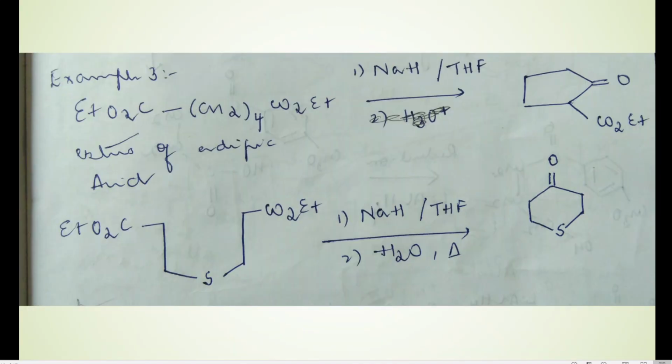Two more examples they have given. So this is for you to write the mechanism. I've given you the reaction. Now you can sit and write the mechanisms for these two. So you can pause the video and write the mechanism for these two. And the mechanism follows the same steps as that of the previous one. No changes at all. So you're forming cyclic products here. Hence, it is an example for ring formation reaction.